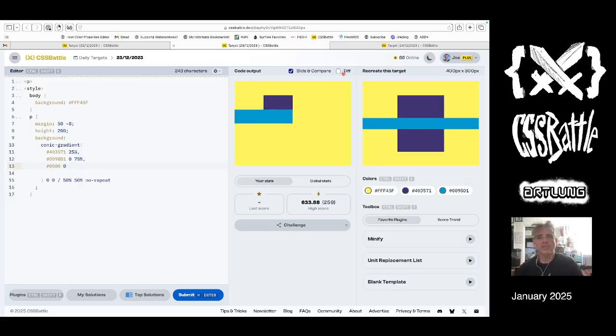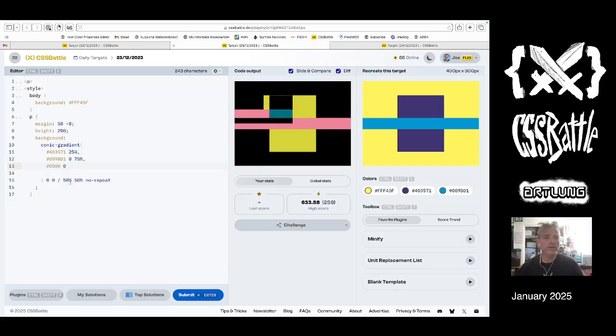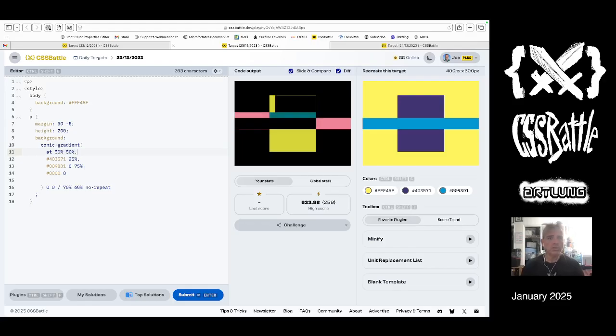So that's that. So if we make it wider, can we make it wider? 60, 70, 70%. I love it. That seems to align. And then make it taller. 5, 6, 60%. And then we need to move the center of it at 50%. 50% is what it is currently. So let's move it over. How about